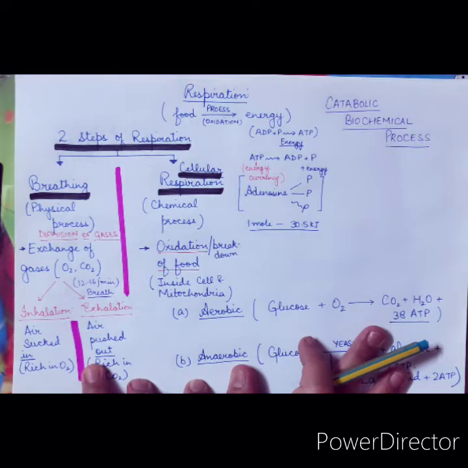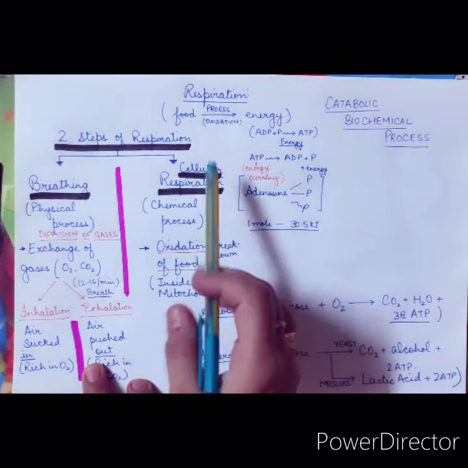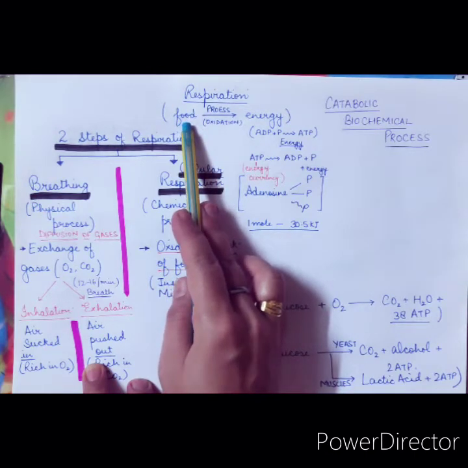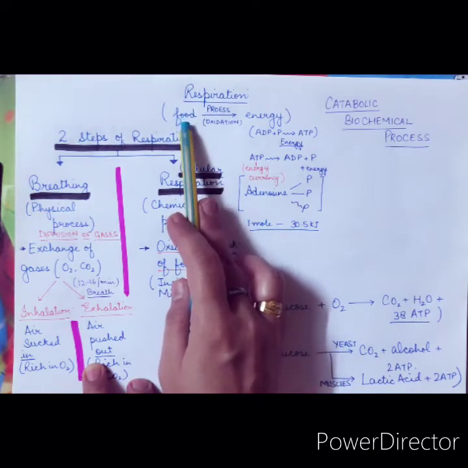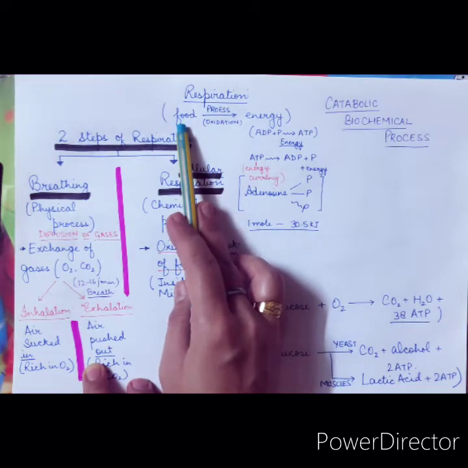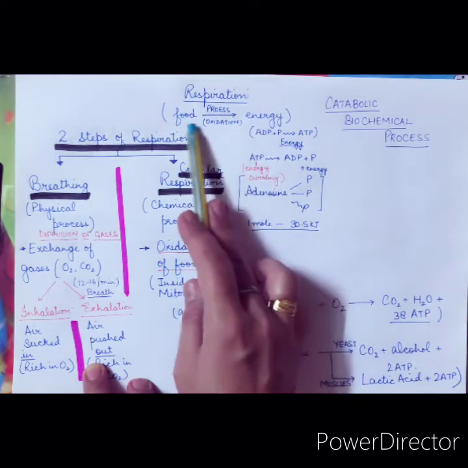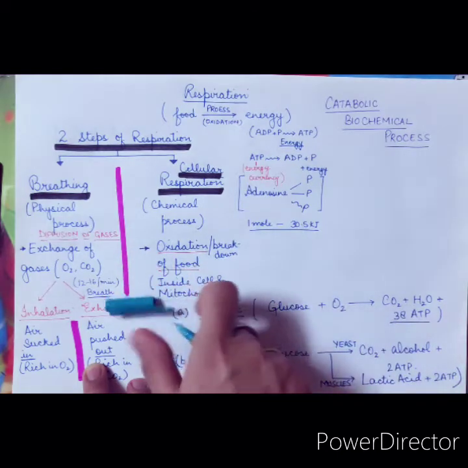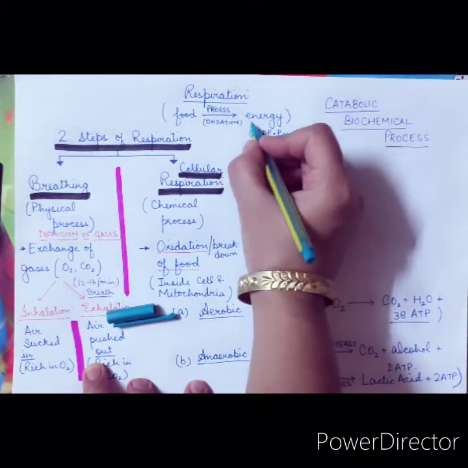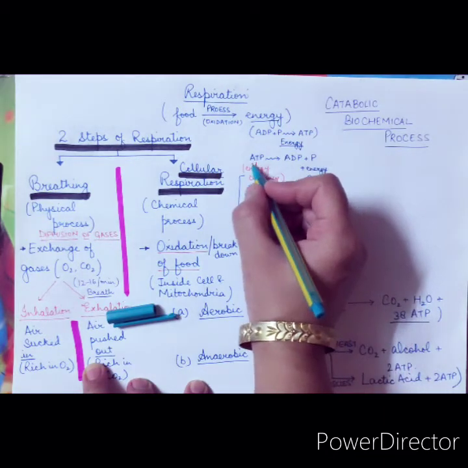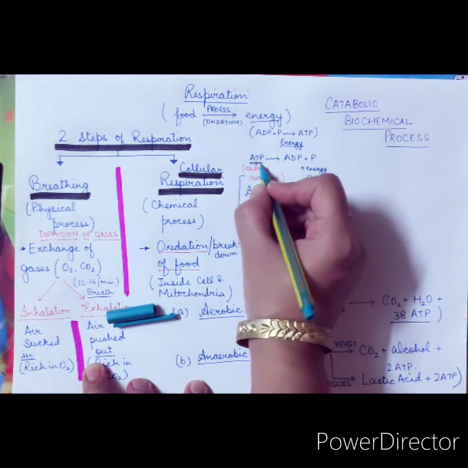You all must be knowing that the food which was digested was absorbed by the body by villi, and later on with the help of blood vessels and lymphatic vessels it is transported to all the parts of the body. Now this simple food is then assimilated or used by the body so as to produce energy. Now this energy basically is stored in the body in the form of ATP.